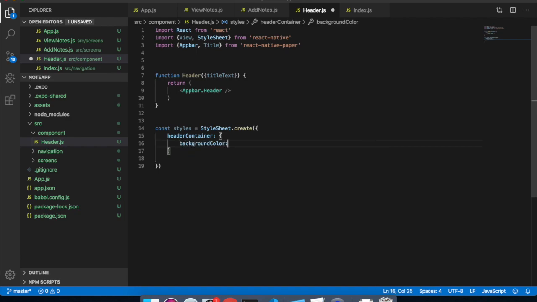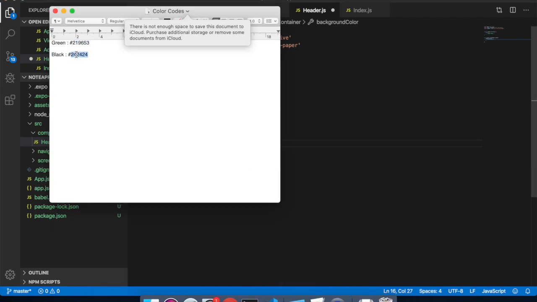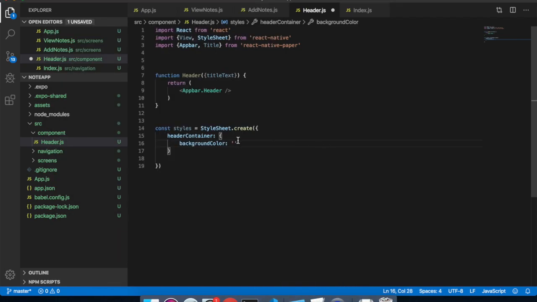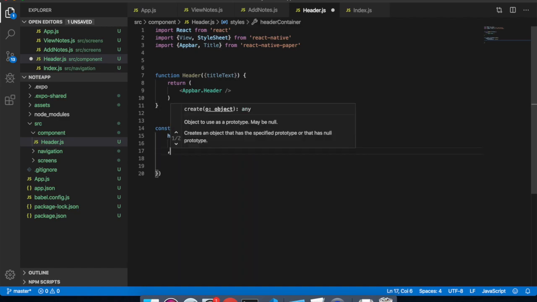Here we have background color. Let's give it this black color. Then we have container style,